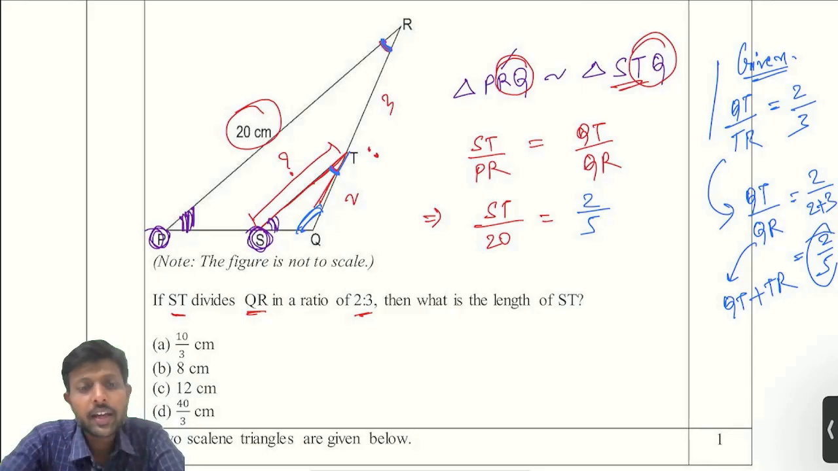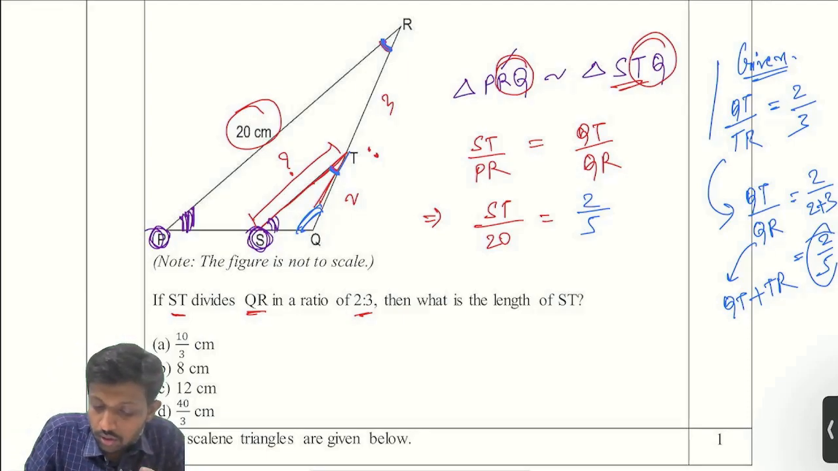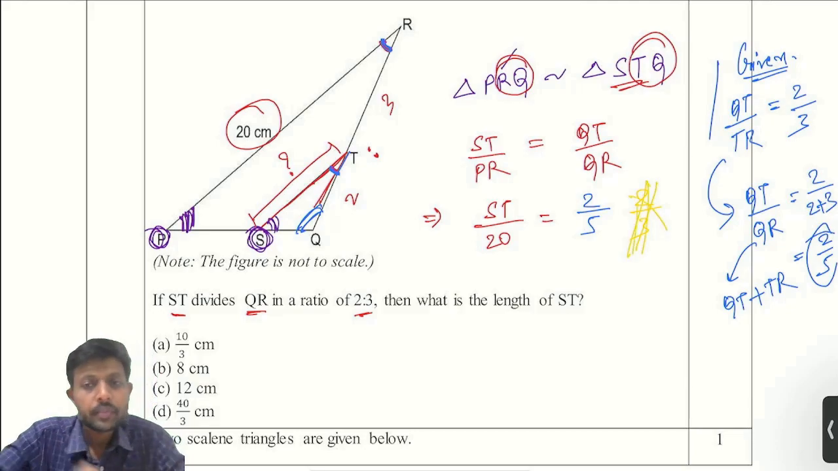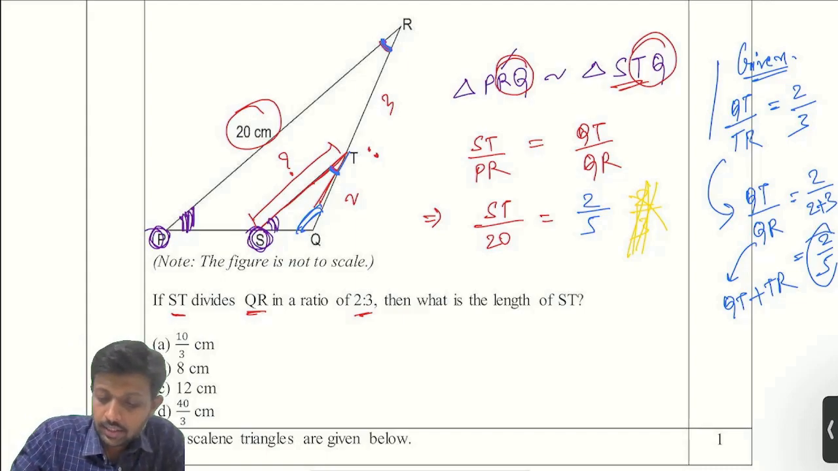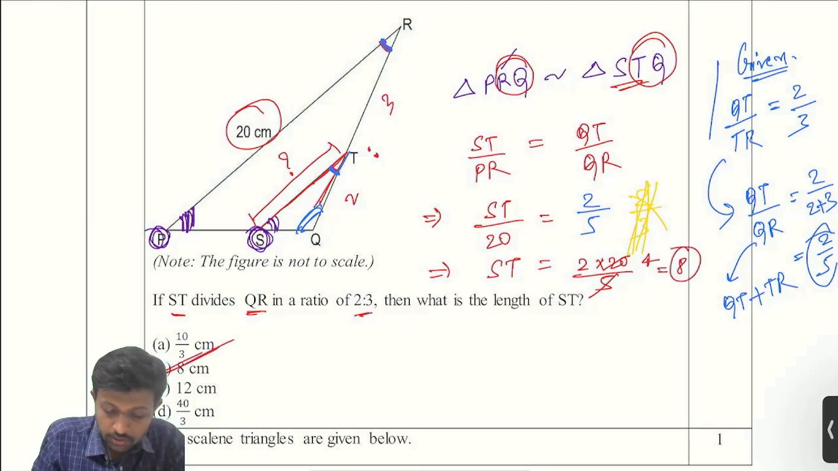Okay, this part is very important. This is what the examiner is trying to test you, whether you pay attention or not. So many students are going to make this mistake. They are going to write 2 upon 3 instead of 2 upon 5. This is not correct. So if you have this equation, now you can find the value of ST, and that value would be 2 into 20 upon 5. That's 8 centimeters. It's option number